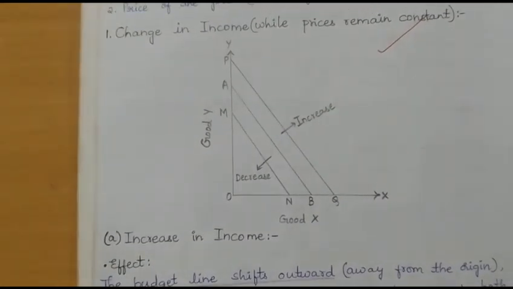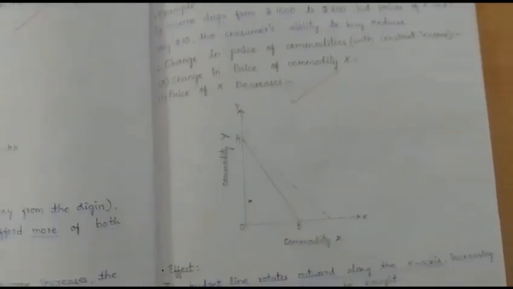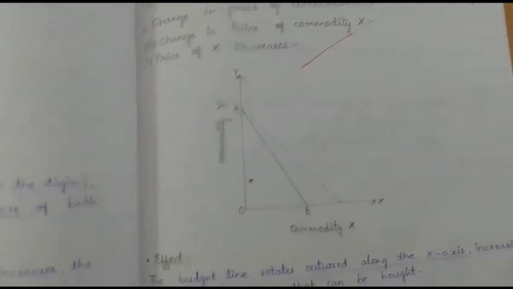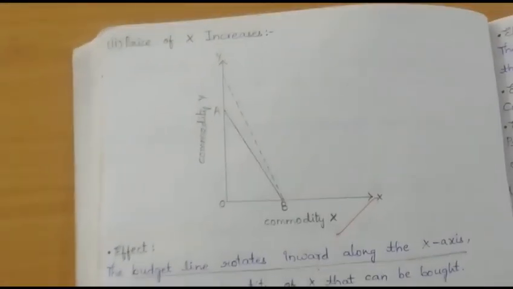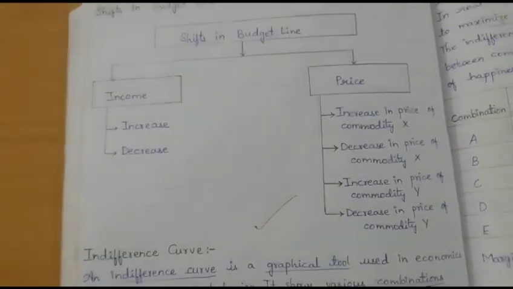Assumptions, conclusion. Now comes shifts in budget line. Same as demand, where we had increase and decrease, here also we have increase and decrease in the budget line. If the entire thing is increasing, you can understand, but sometimes the shift happens only for one of the commodities and not the other. Then the graph would look this way, this and this. There are again these types. The one I have told you graphically, there is a flow chart for this.